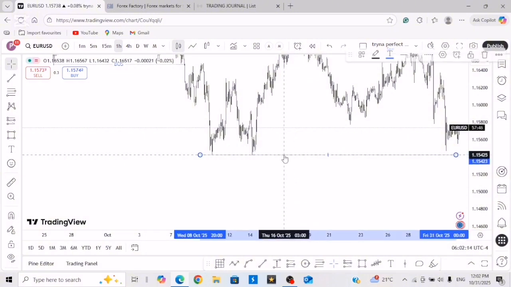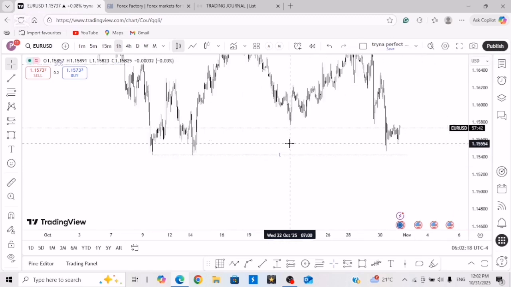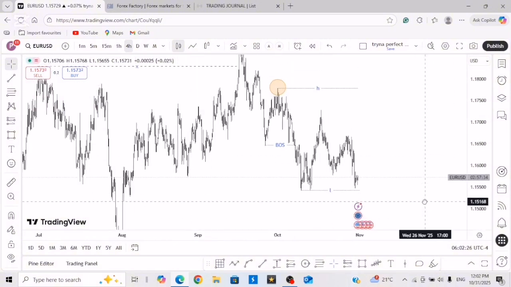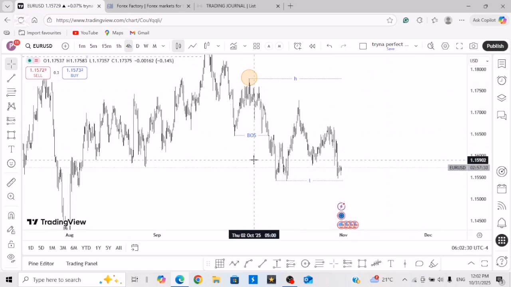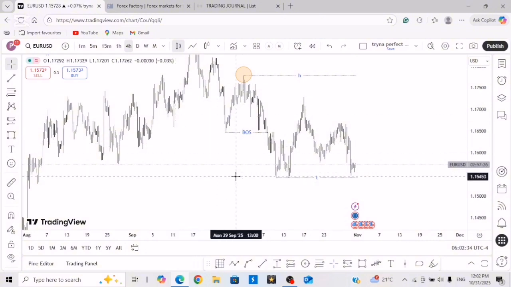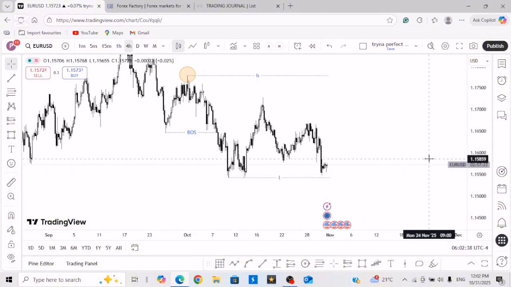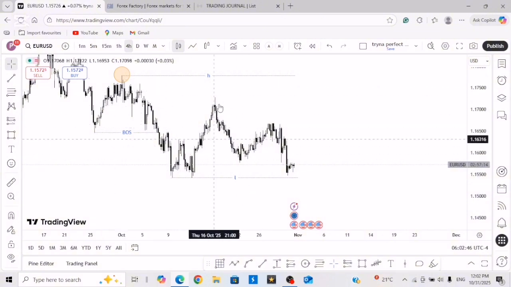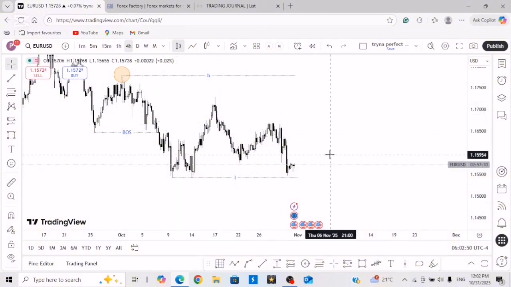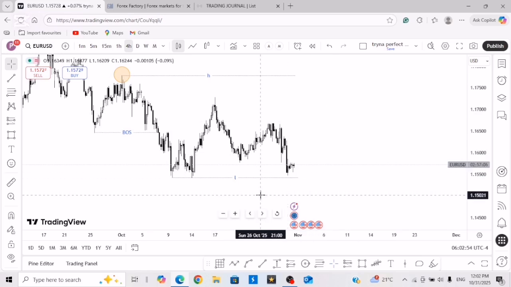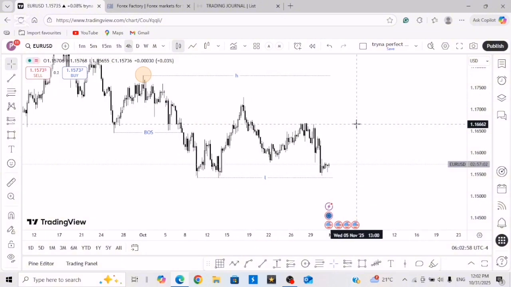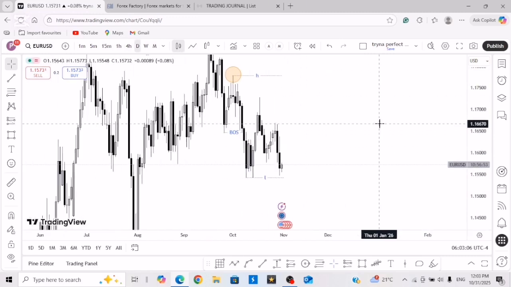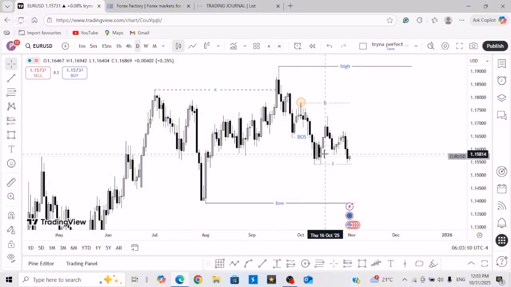Bro, this thing is so tough, bro. Where is it going? Where is it going? Like, where is it going? You see what I'm saying, dog? Analyzing GU and EU has just been a nightmare for some of us. Because now we're in between this range right here. So I can't tell you whether we're definitely gonna go up or if we're gonna go down. I think it's just one of those things we're just gonna have to let go. I'm just gonna have to let go, or maybe I'm just that bad at analyzing. You get,